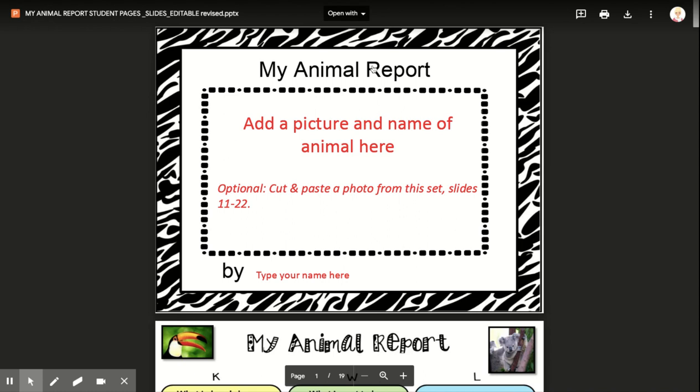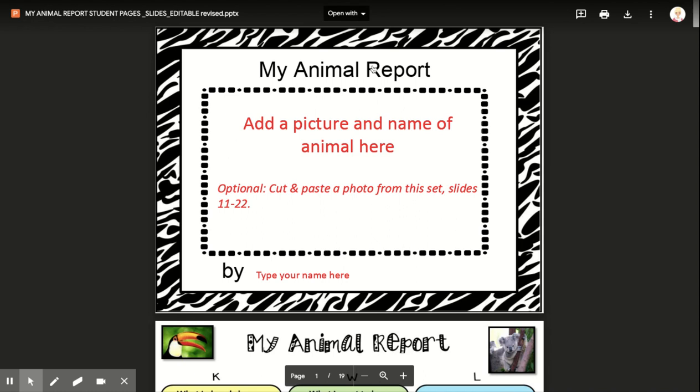Okay, add or change any text. You're going to go ahead and talk about the description of a sloth, so describe the animal, talk about their habitat, where they live, talk about their food, what they eat, or their prey if they're hunters, and what animals are predators to them, so what animal eats them and hunts them, if they're endangered or threatened or not at all. So if their species is dying out or being hunted, you're going to find that in your research and you're going to talk about it here. Other interesting facts, if you find out something fun that you learned,